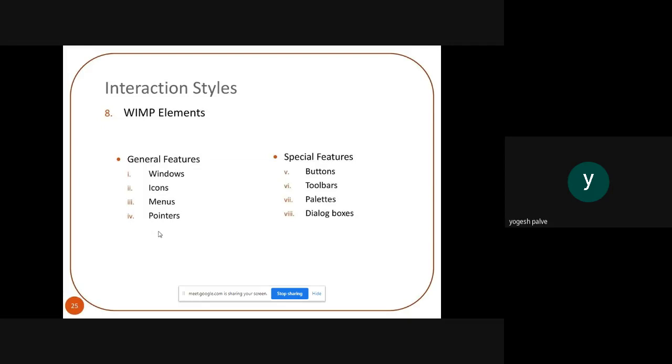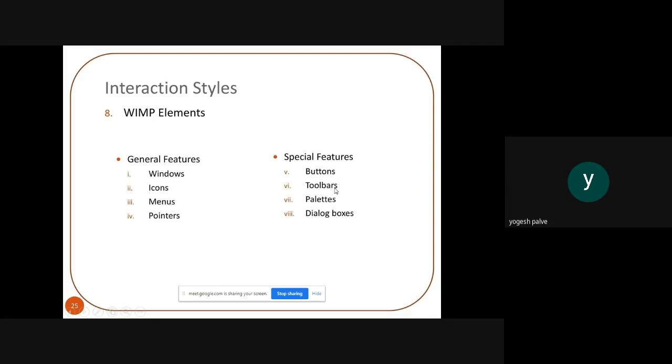So what are the WIMP elements? There are general features of the WIMP elements, and there are special features. In the general features, there will be windows, icons, menus, and the pointer concept. In the special features there will be buttons. As you all know, nowadays 3D buttons are applicable, and there will be toolbars.